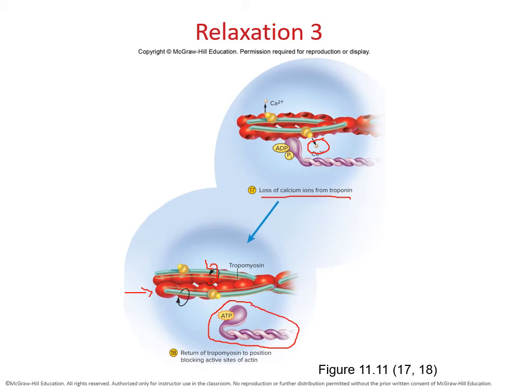And when you block the active sites on the thin filament, then the myosin head can no longer make physical contact, can no longer make those cross bridges, and can no longer make the power stroke. So once again, you get rid of that connection between the thin and the thick filaments, so you stop sliding, and this causes the Z discs to go back to their resting positions, allowing for the muscle to relax. Also, what I want to point out is that it does require ATP for the muscle to relax. So you require chemical energy both for muscle contraction as well as for muscle relaxation.